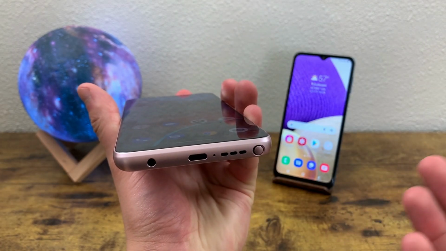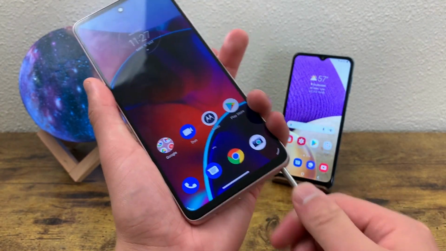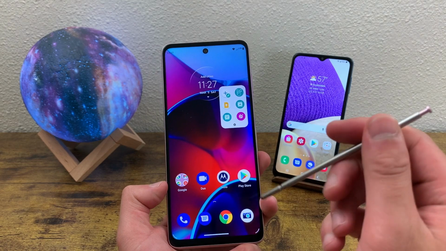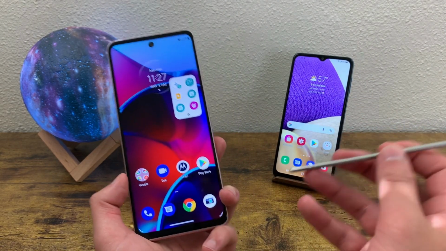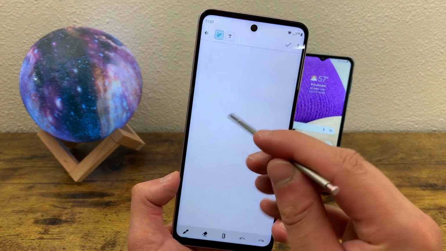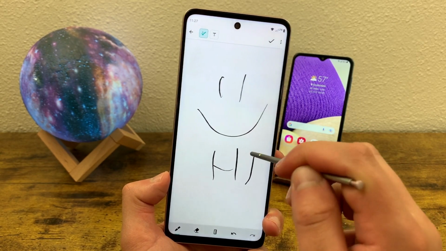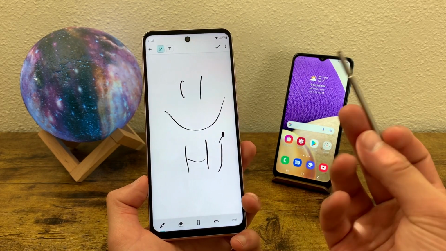for the Moto G Stylus 2022, of course, we got the stylus right here, the thing this phone is actually named after. Now, is it really a game changer? I really don't think so. You could honestly use this phone and forget that it even has a stylus and be perfectly fine. But if you want to do something like draw a random little handwritten note or something like that, you can do that just fine. But if you're planning on doing any sort of graphic design type thing, you're probably going